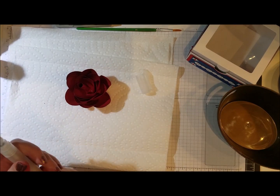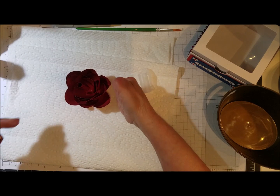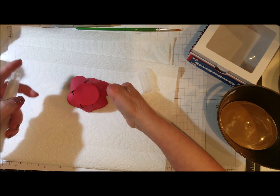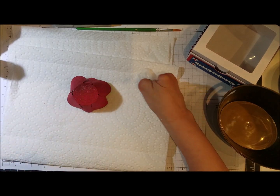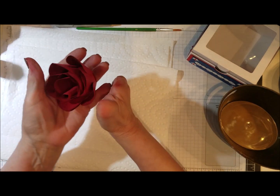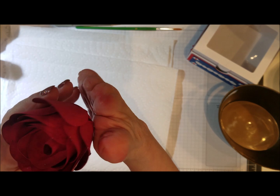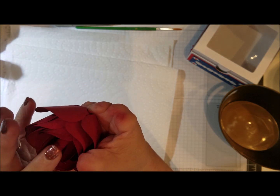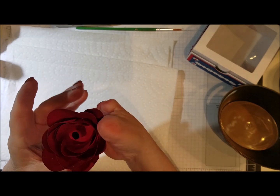Okay, so let's go ahead and hold it up here and give it a couple of quick squirts, and then I'm going to fold it down here so I can give it to the outside as well. And this dries fairly quick, but you can immediately start seeing the shimmer. I'm going to bring it up a little bit, see if you see that. You can start seeing the shimmer of that. And you can trim; on hindsight, I may have trimmed this down a little bit,